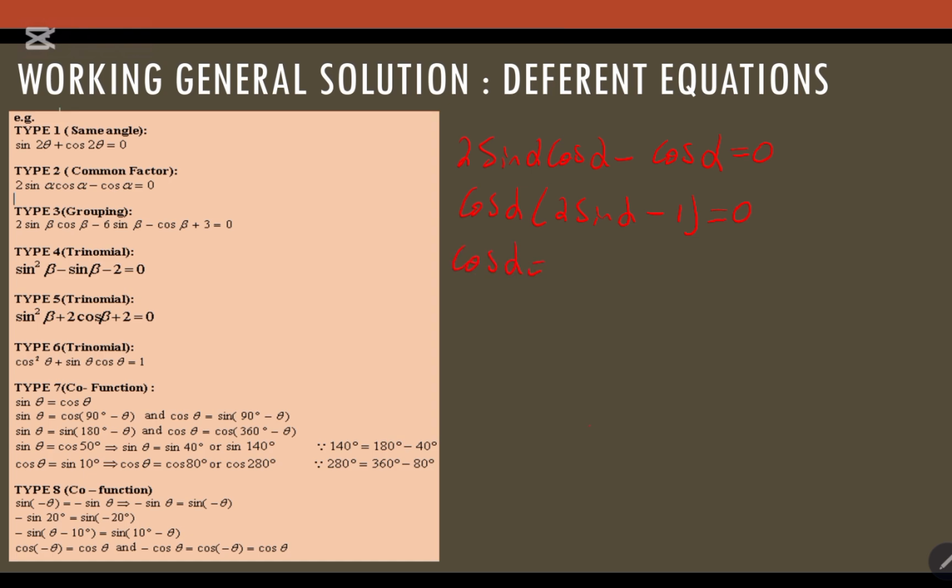Therefore, cos alpha is equal to 0, or 2 sine alpha minus 1 is equals to 0. So this is sine alpha is equals to 1 over 2. And the arcsine of 1 over 2 is 30 degrees. So this will be alpha is equals to 30 degrees plus k times 360, k is the element of integers, or 180 minus 30, that is 150 plus k times 360,